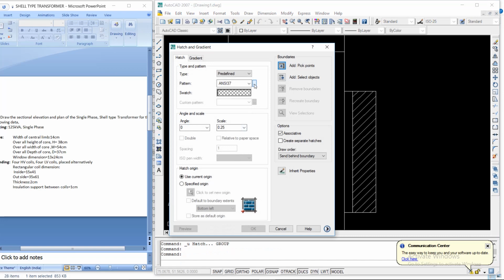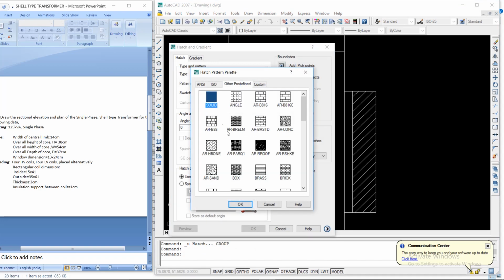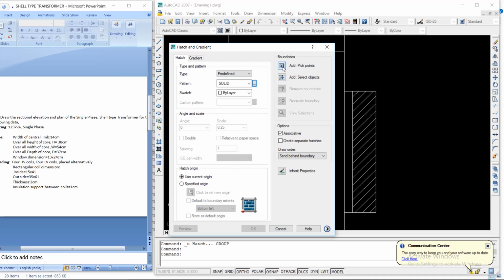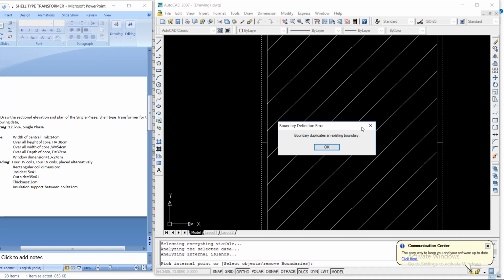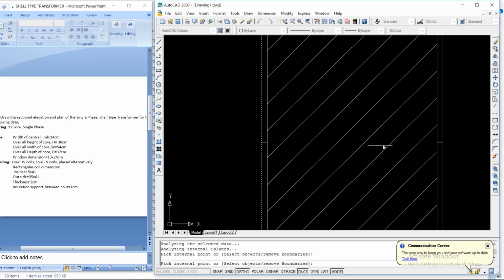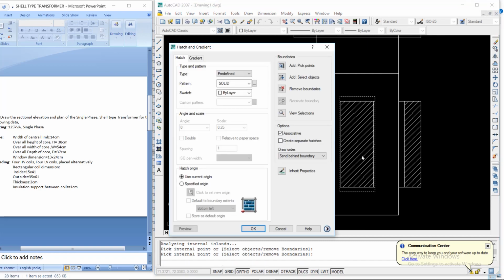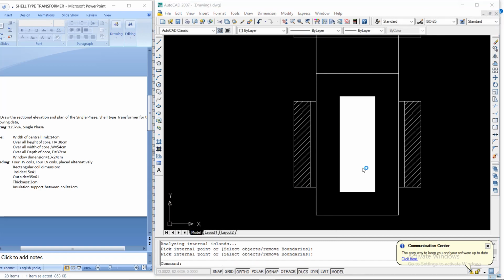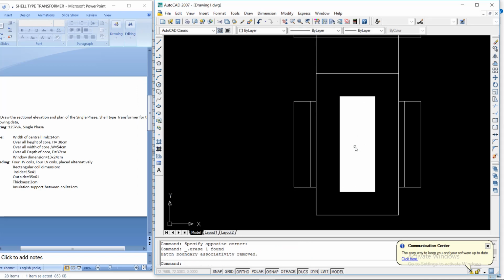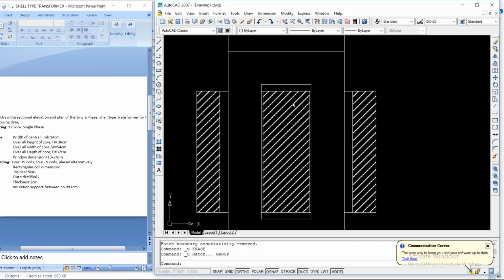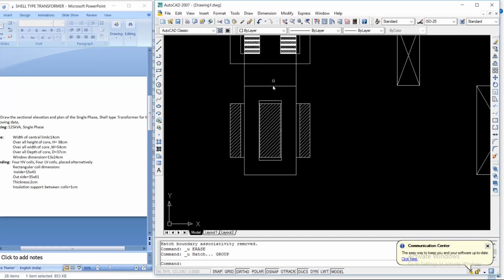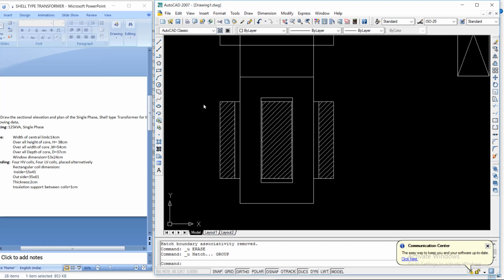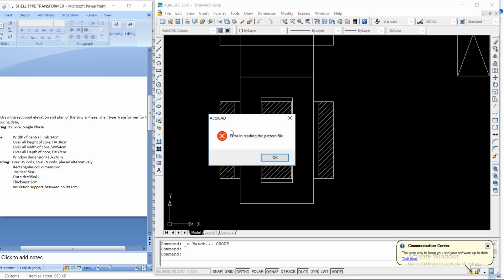Hatch the insulation portion by selecting other predefined, in that select solid, add pick point. So select hatching here.